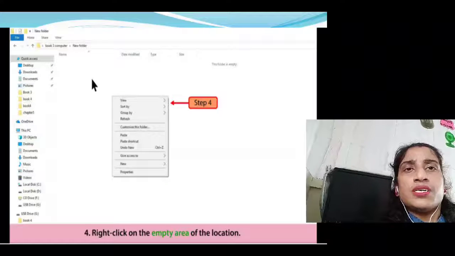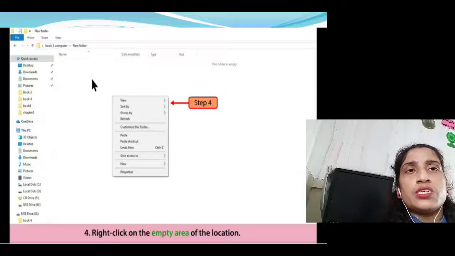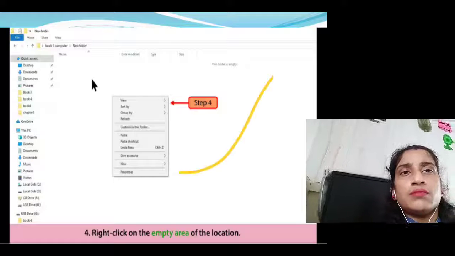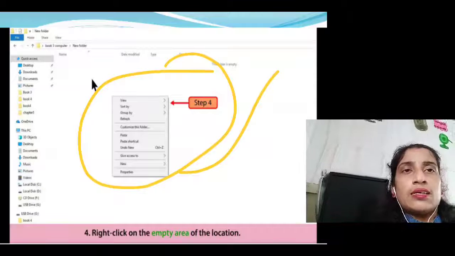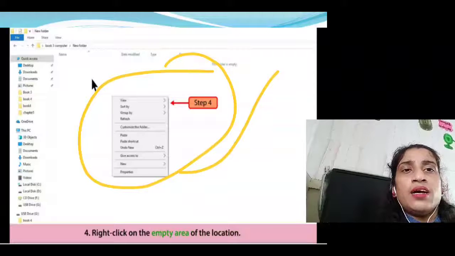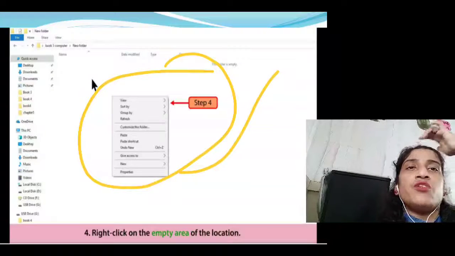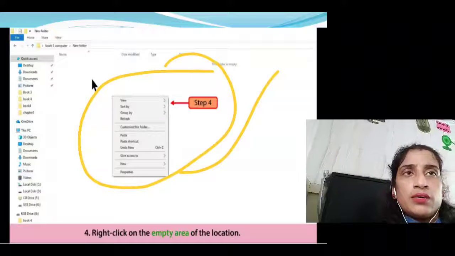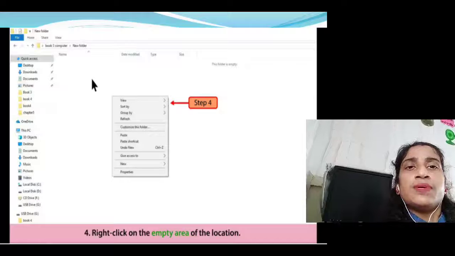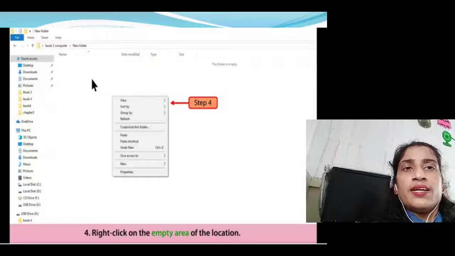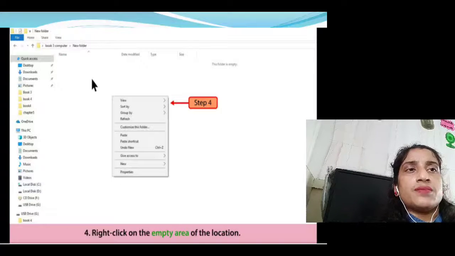The fourth step is to right click on the empty area of the location, the empty area where you want to copy your file or folder.